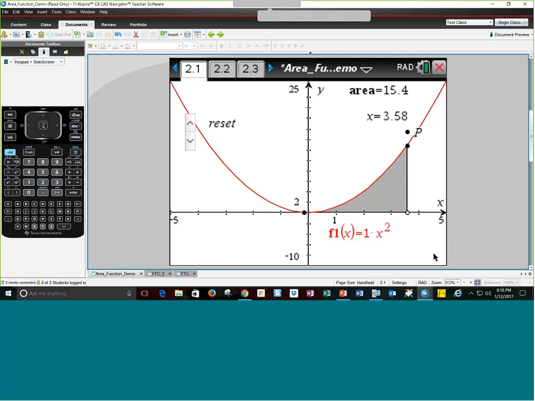It's phenomenal. So Mike, do we have any questions that we need to address with these two sort of comparable activities, one on the 84 and one on the Nspire, at this moment? I just saw a question from Christine, and her question is, can you help focus on building conceptual knowledge?